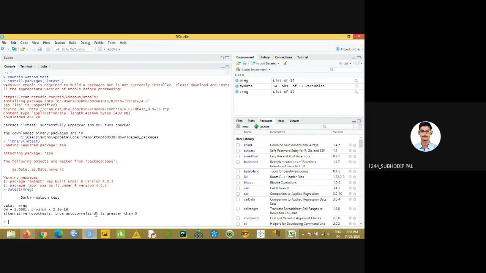These three things we always have to check for regression: first, Durbin-Watson, that is autocorrelation, then multicollinearity, then normality. Okay, these three things we have to always check for regression. Next, we'll check for